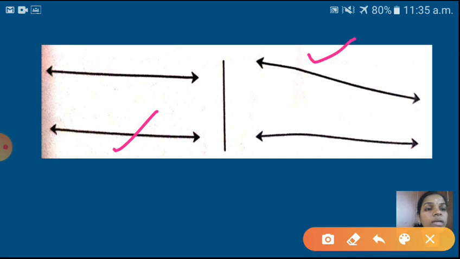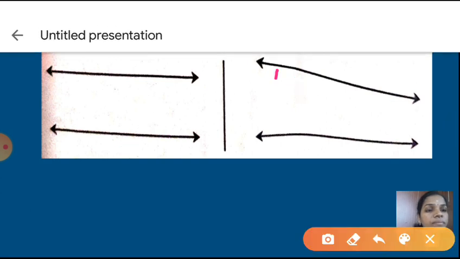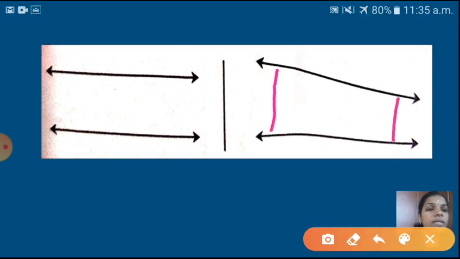Okay, and next one here also, this line is, yes, see here the distance you have to see, it is not equal. The distance between these two lines is not equal. At the same time, if you extend these two lines, they will meet at one point. So this one is not a parallel line. This one is called the intersecting line. So understood now? Parallel lines lie on the plane surface. At the same time, the distance between the two lines always remains the same.